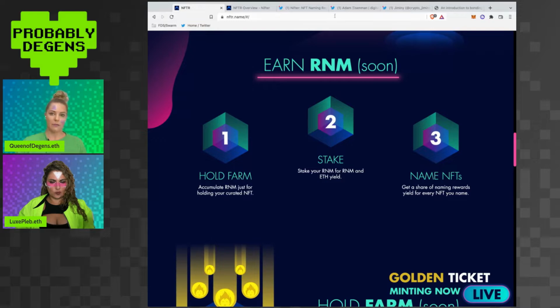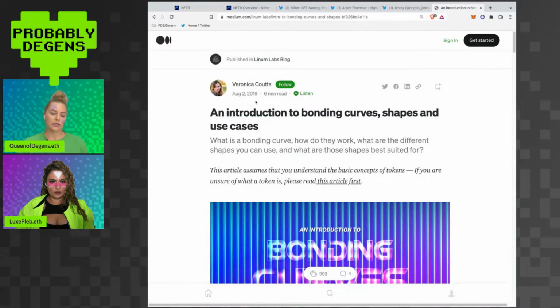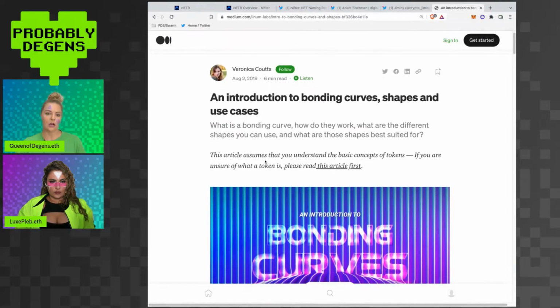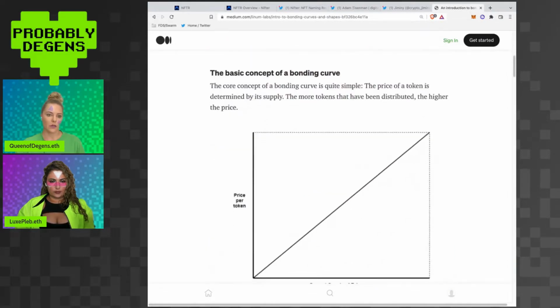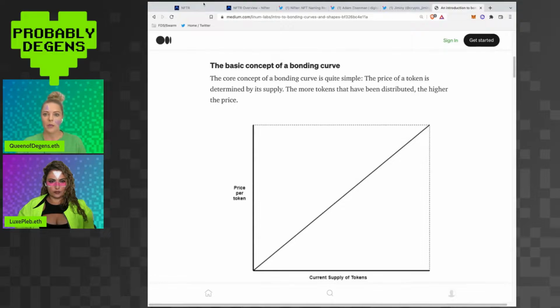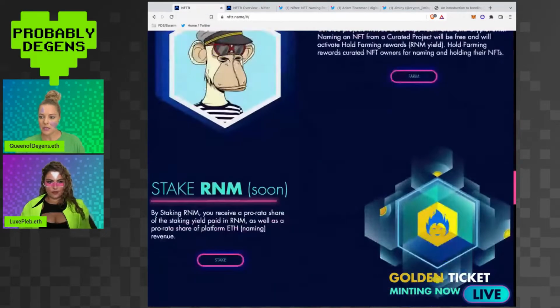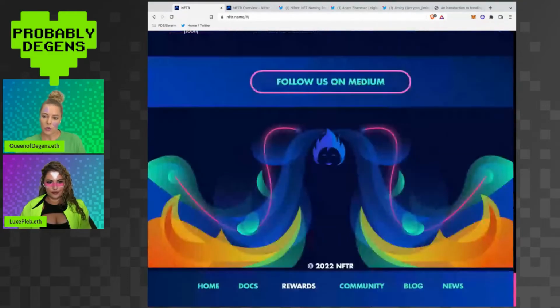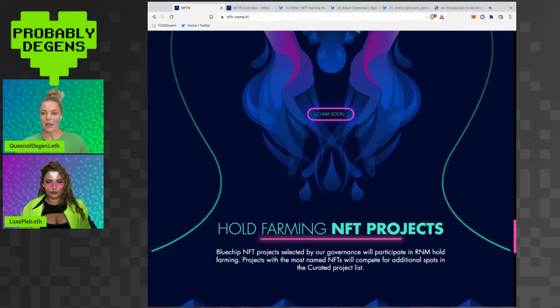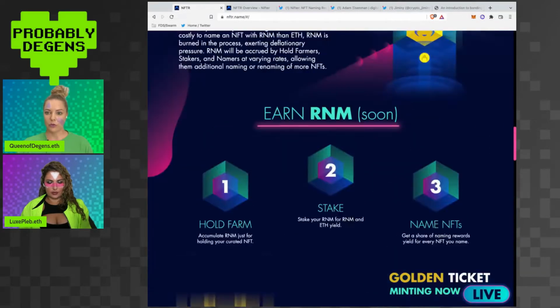And if you guys are not familiar with bonding curves and how they work with tokens, this is a pretty good article. It's from 2019 by this woman, but it talks about general bonding curves and how they work within the token ecosystem. But there's a great way to make money back on these NFTs because you have the option to also burn these names to get ETH back. And that happens mostly through